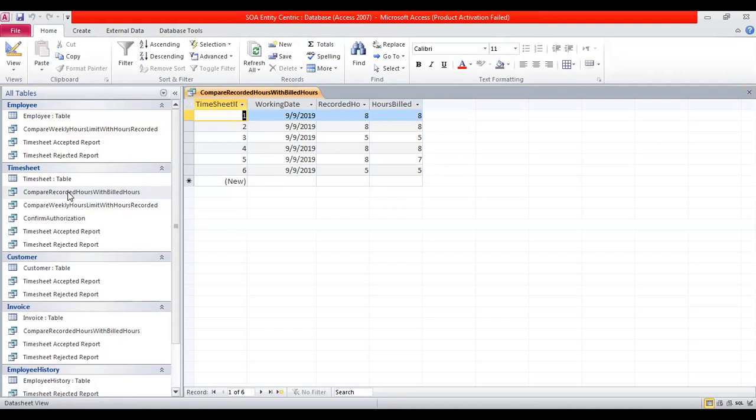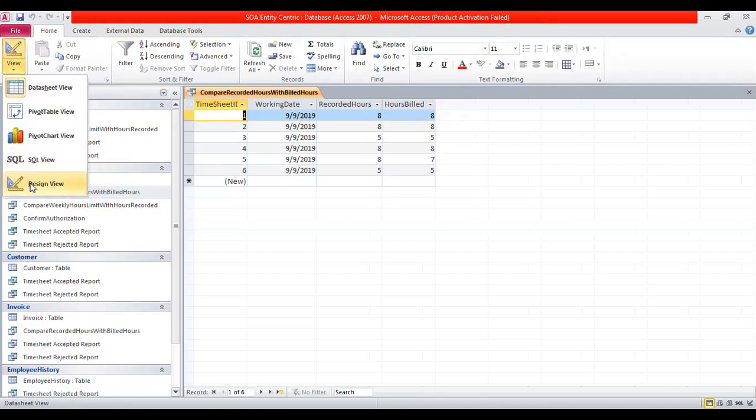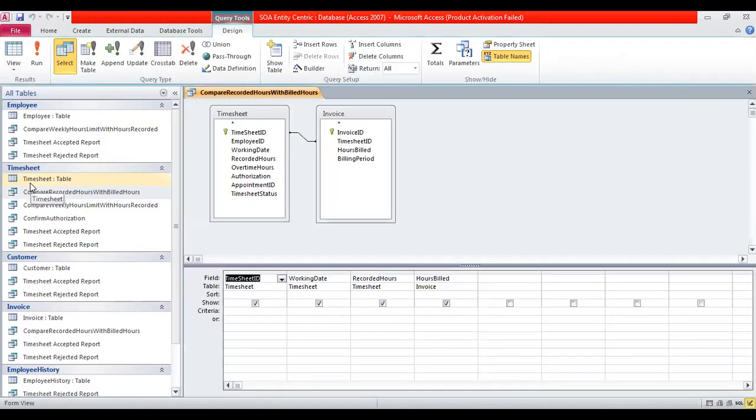So here recorded hours are retrieved and billed hours are also required. To get this type of information, I want the table structure like this. I'm showing you the design view. Here I have joined these two tables, timesheet table and invoice table.